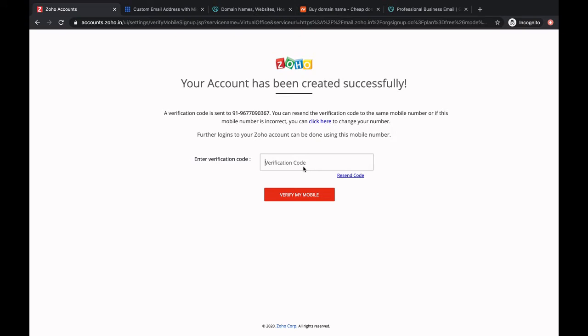Once that is done, you will get a verification code. You've got to enter that verification code. Sometimes it will take a little time to get it, but see, I've received my verification code, so I'll enter this now.